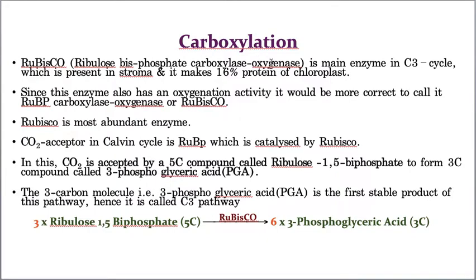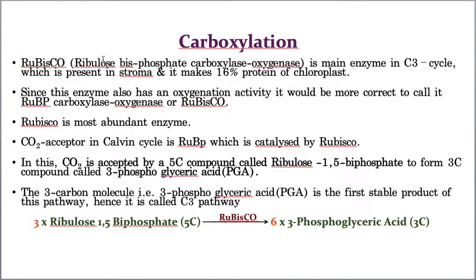Again, I'll repeat. Rubisco full form is ribulose bisphosphate. Sir, bis is there and you are calling it bi. What is the difference? Bis is a Greek term, bi is when I am converting it into English. The meaning is the same, but if you call it in Greek, it is bis; if you are translating it to English, then you call it bi. Basically bi means two are there, two phosphates are present in ribulose, that's why ribulose biphosphate. That's all, it's not more. Please don't get confused.